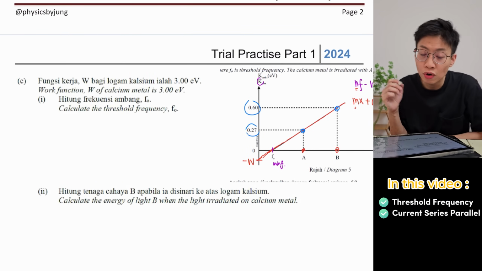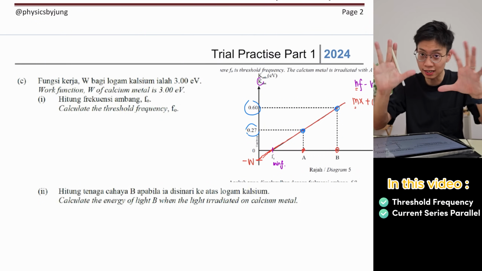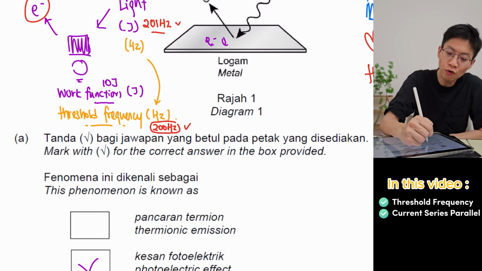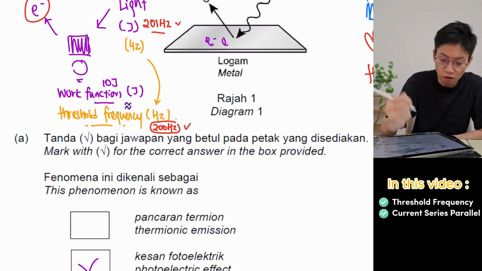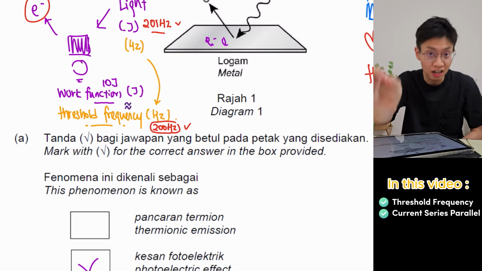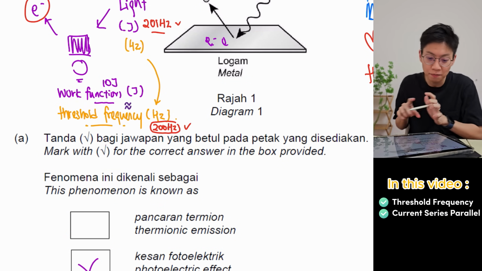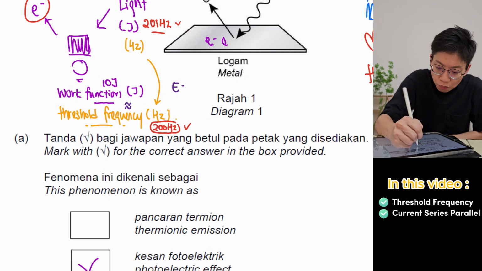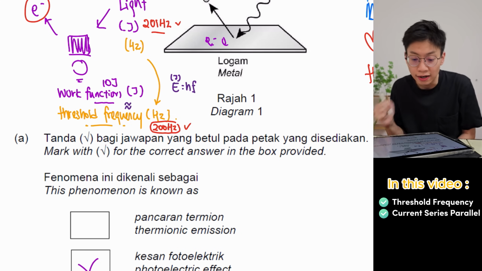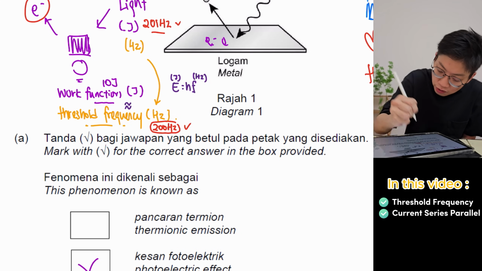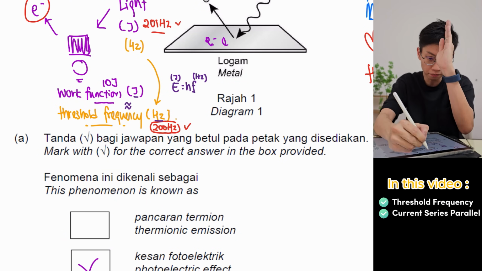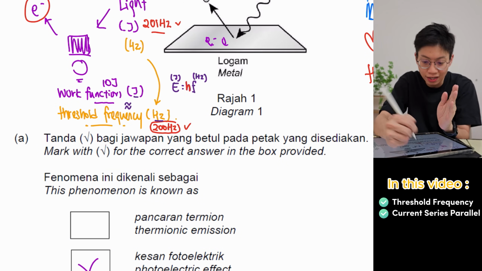What is the threshold frequency? Okay, guys, listen. Your work function and your threshold frequency are like abang adik. Only one is measured in joules, the other one is measured in hertz. Usually we can write E equals to hf, whereby this E is your joule energy, and your frequency is in hertz. So if you see joule and hertz, their relationship is related by a single letter known as h,